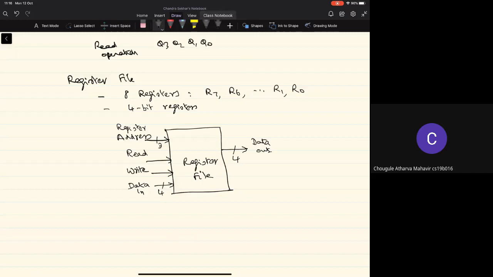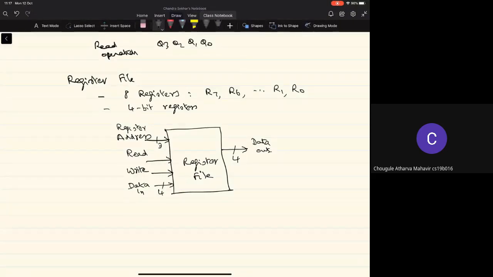So what is the internal logic to build this register file? You're all familiar with the circuits that need to be used to build this register file. I just want you to tell me what are the circuits that we looked at earlier that need to be used in order to build it. In addition to these registers, what are the other components that should be there within this register file? Mux and demux? Good.